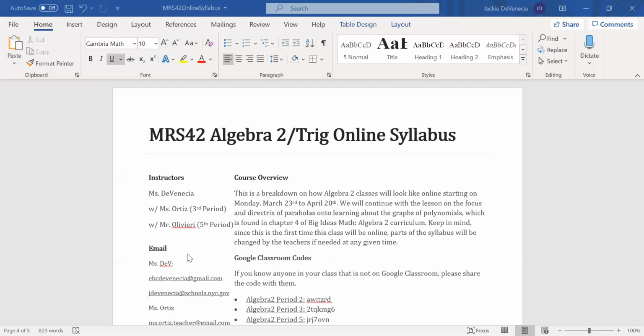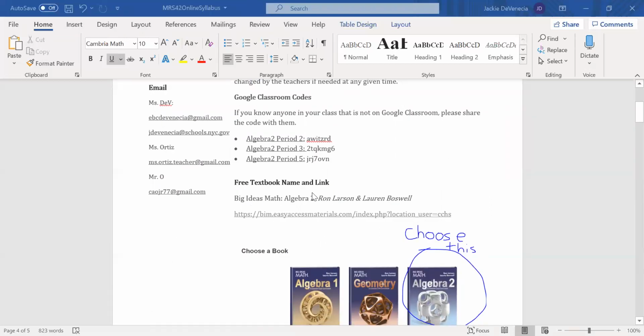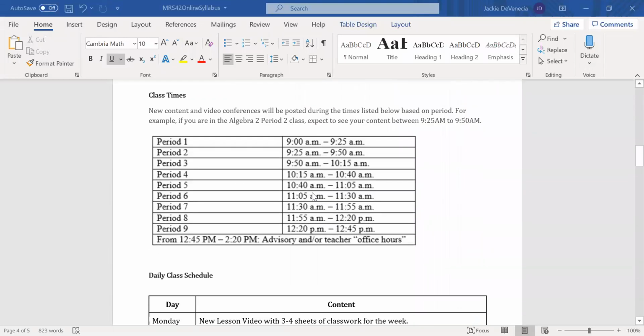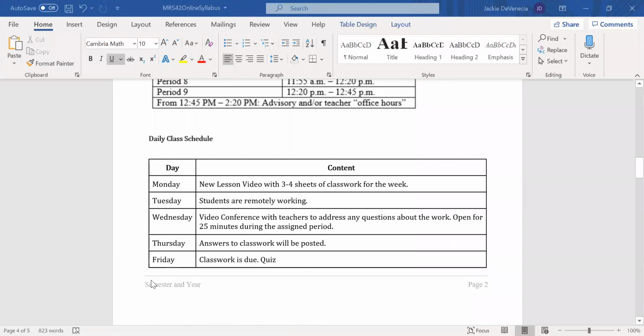All right, so this starts on Monday. Hopefully, well, no, I know things will work out. And if it doesn't, you know, this syllabus is subject to change. It's my first time teaching it online. It's your first time learning it online. Things could be switched around. There's some confusion. But this is going to be a common thing, this schedule right over here. Monday, new stuff for the week. Wednesday, video chats. Fridays, quiz and classwork due. That won't change unless it's necessary.